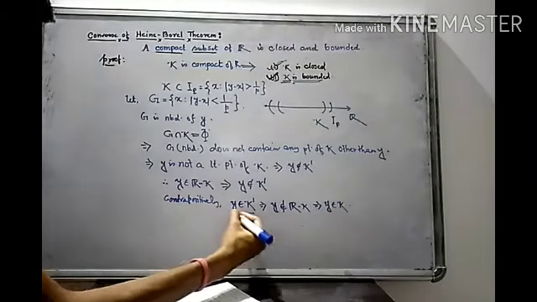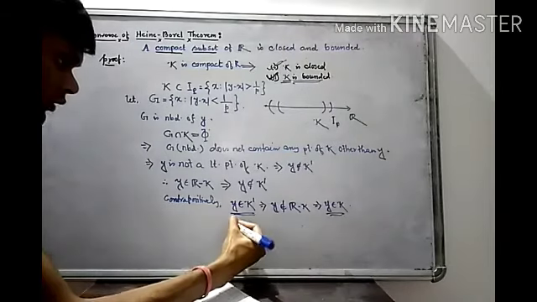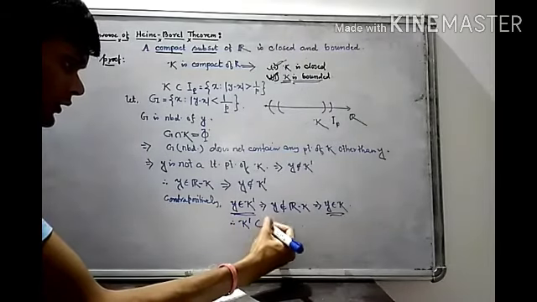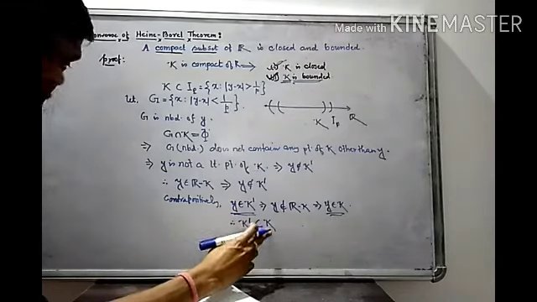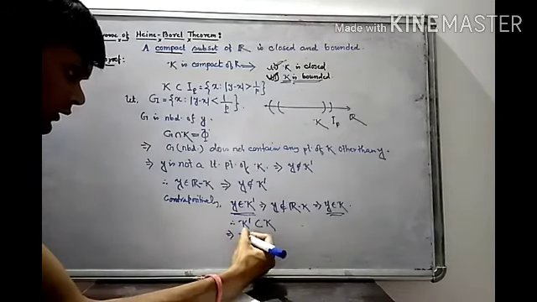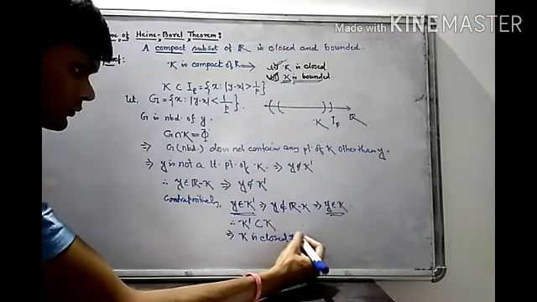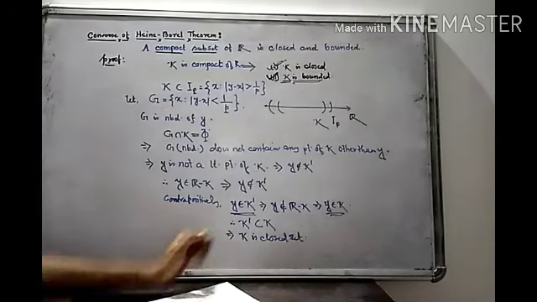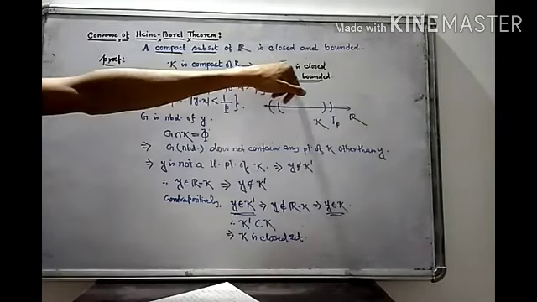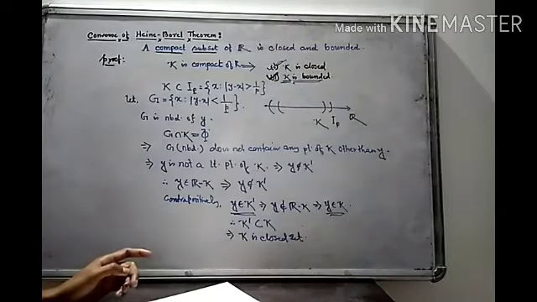Now y is taken from K dash, and here we are getting y belongs to K. From this we can say K prime is a subset of K. That is, the derived set is a subset of K. So definitely from here we can say K is a closed set. Clear? This completes the proof, because the second thing we had to show is that K is closed. Here we have already proved that K is closed.